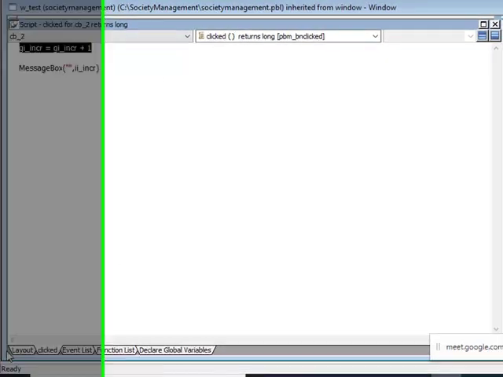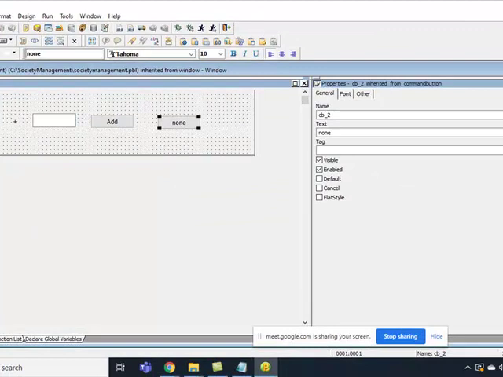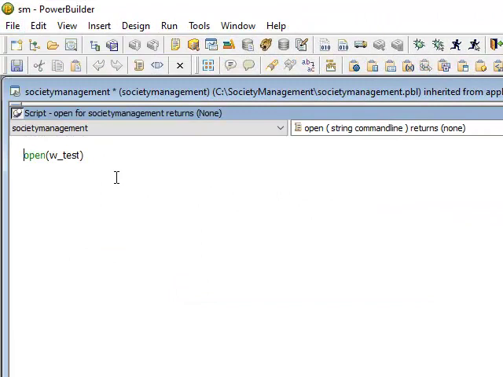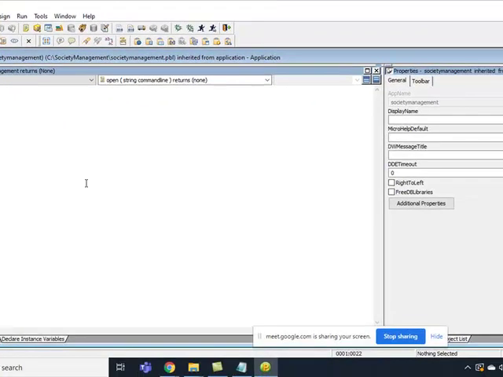Similarly, Control C. Let me go to my application object. Control S. See, easily I'm able to use it, right?